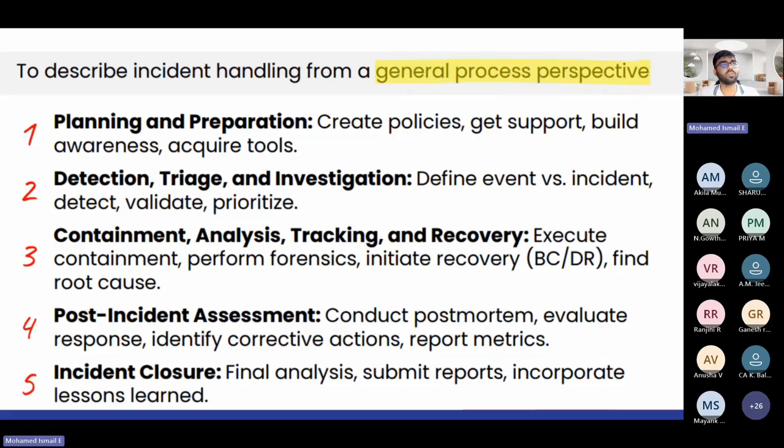Since most of you are students, you might have heard about bug bounty programs conducted by multiple companies, right? The moment you find a bug and submit any security-related bug, these are the things that happen in the back end. You are treated as an external hacker. You are reporting to the company. Now the company will give you the bounty.